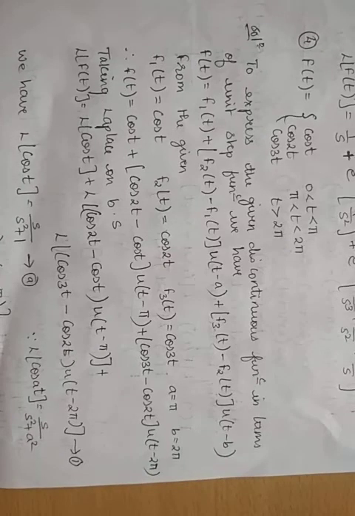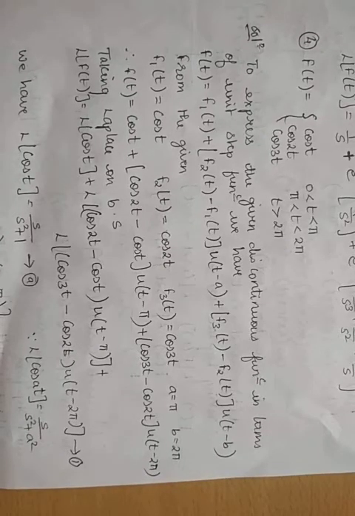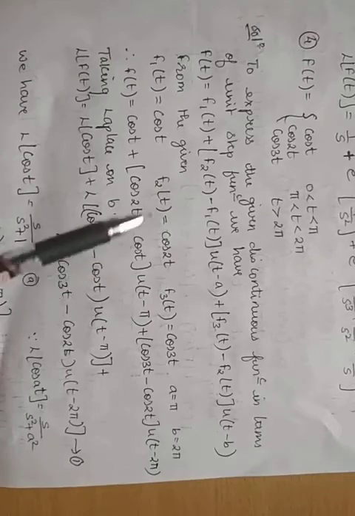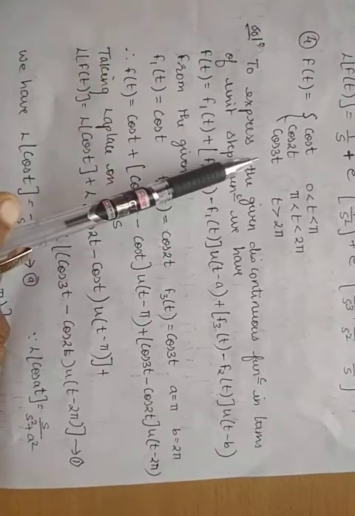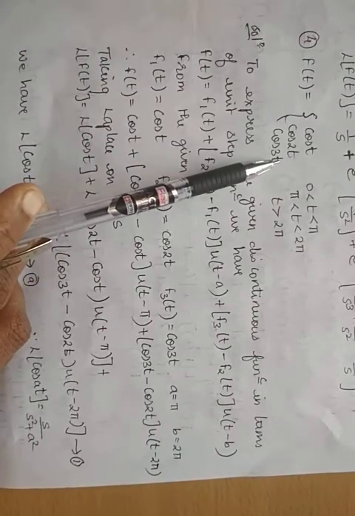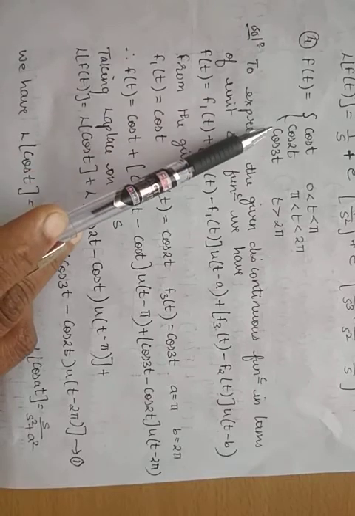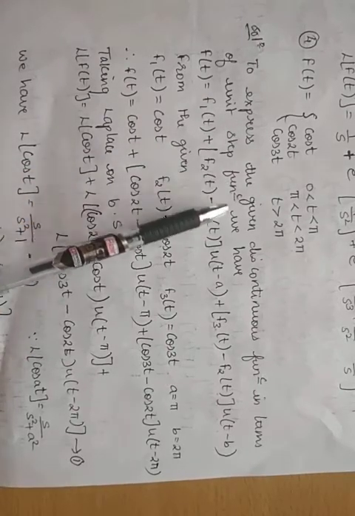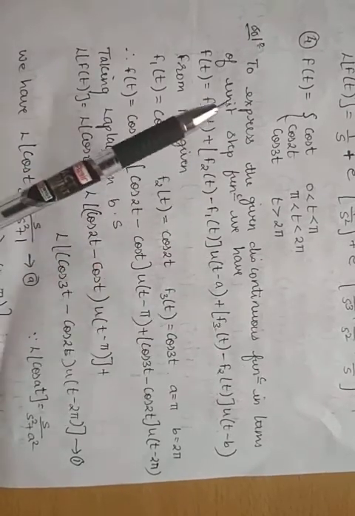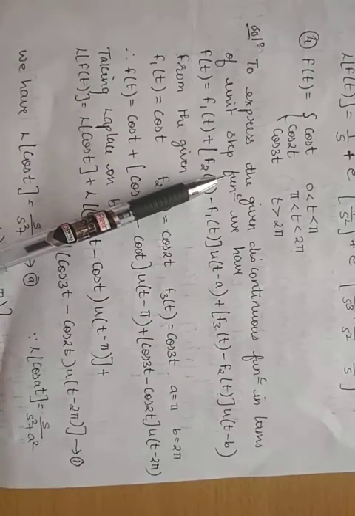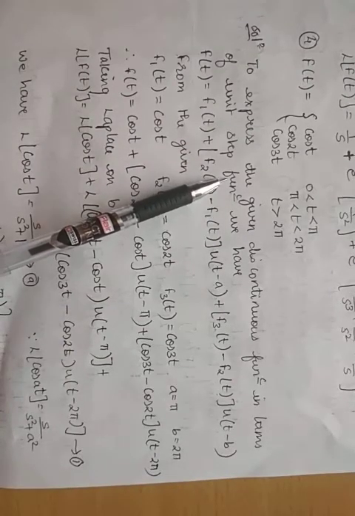We'll see the fourth type of problem in unit step function. If you see, the given function is a discontinuous function and has been divided into 3 intervals. So whenever such a function is given, here I will try to express this discontinuous function in terms of unit step function by the result stated earlier.